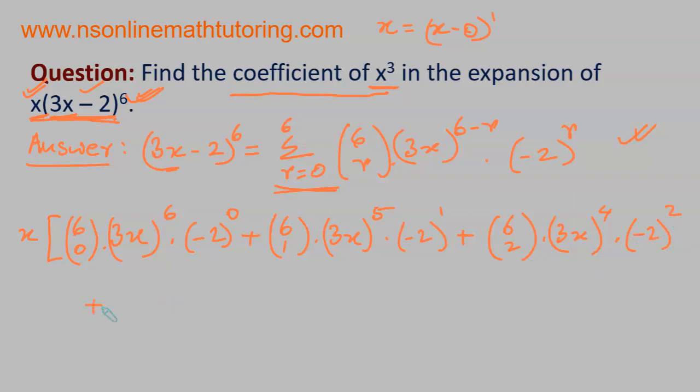plus 6c3, 3x raised to the power of 6 minus 3, that is 3, and negative 2 raised to the power of 3, plus 6c4, 3x raised to the power of 6 minus 4, that is 2, and negative 2 raised to the power of 4, plus 6c5,